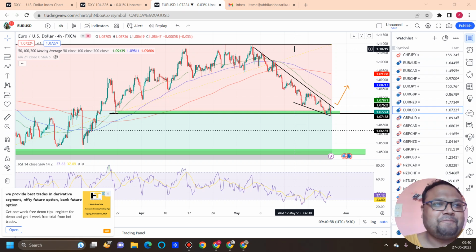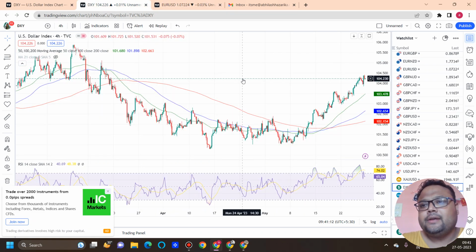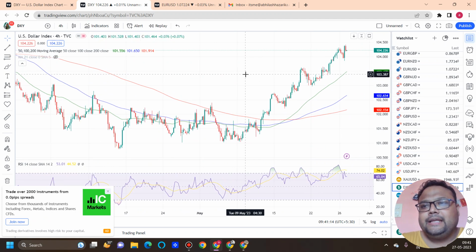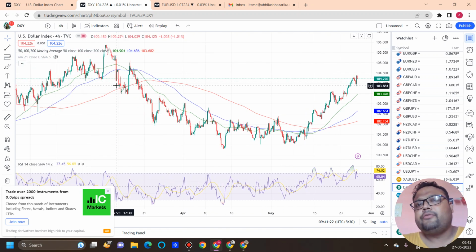So let's get started. So my dear, this is the Forex chart of Euro USD. And as we all know very well, the fall on Euro USD is still going on and there is no stopping it. If you look at the chart of the US dollar index or DXY, we can clearly see that DXY is positive. DXY has been extremely bullish for the last couple of days and we are witnessing a good amount of recovery